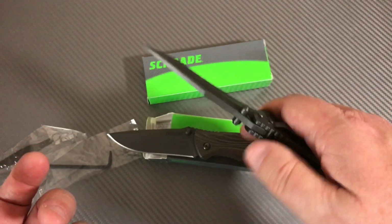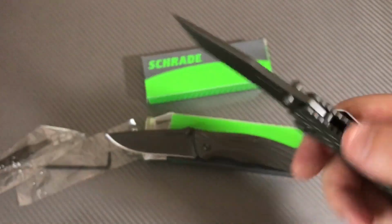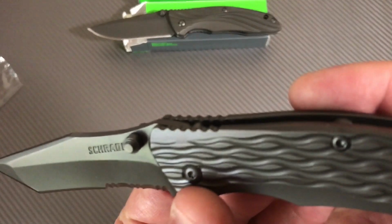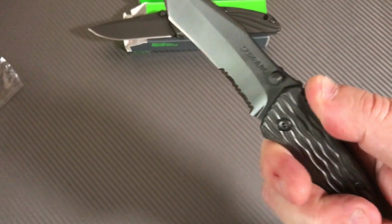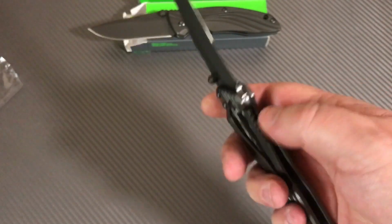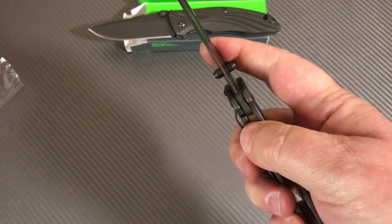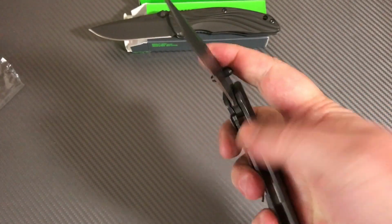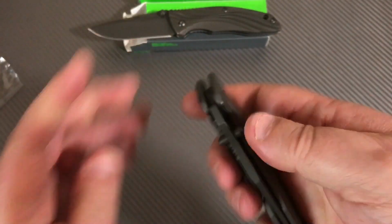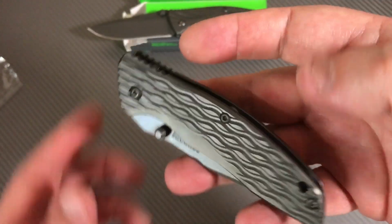So that's, yes, appreciably better. You've got jimping here, and we've got a table, a messy table. But yeah, this jimping is meaningful here. Dual thumb studs. This one doesn't have as much lock stick as the other one, although it's not quite loosened up as much. Although, do we have any blade play? No. Lock rock? No. Nice. It's really pretty good action, and if you like this design,